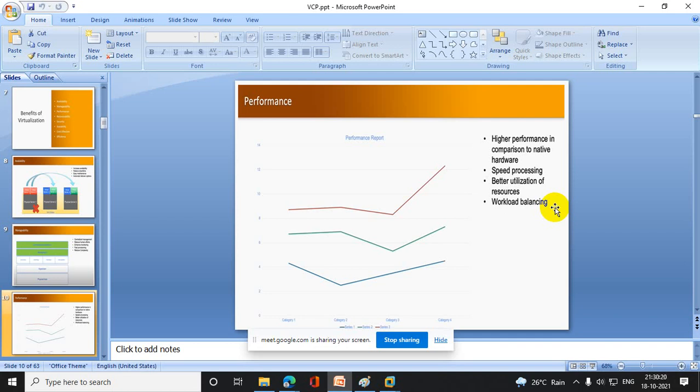Clear? Sometimes the application owner informs you that my application is getting a slow response. Did you check, is there any block? You find there is no block. Then what is the problem? The problem happens because the virtual machine is running on a disk, a hard disk, on storage, which is on the storage end, and there